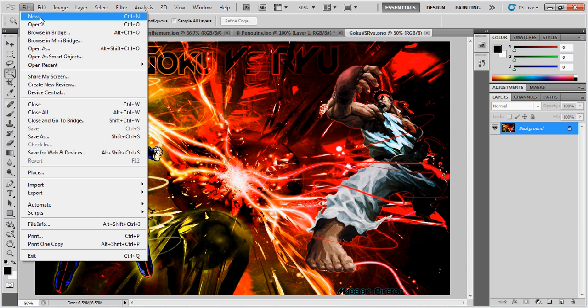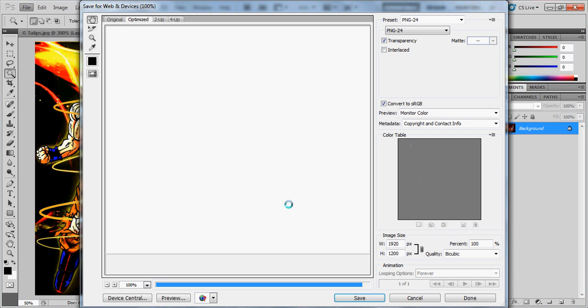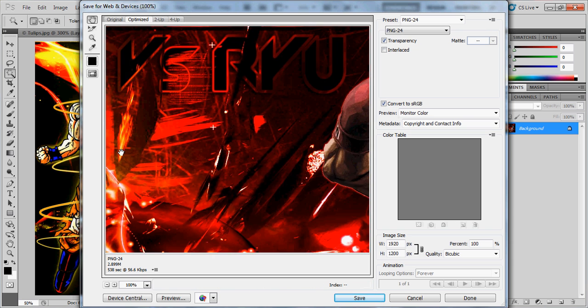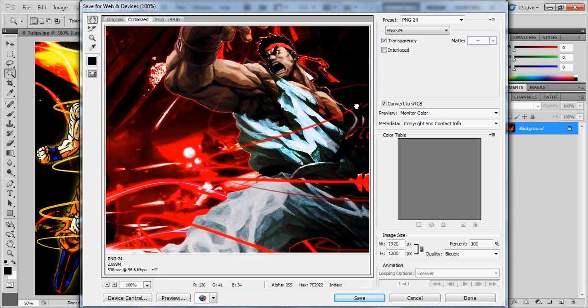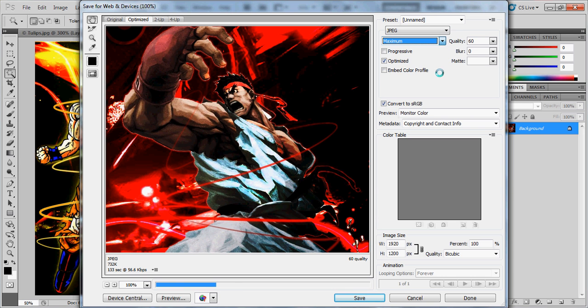When saving a file, I tend to go to save for web and device because it gives it, I don't know, just a cleaner look for me. When you do that, you can choose what file you want depending on if it's an animation or not. It would either be a GIF or a PNG. And now I normally save it either PNG 24 or a JPEG on high or maximum, which gives you very